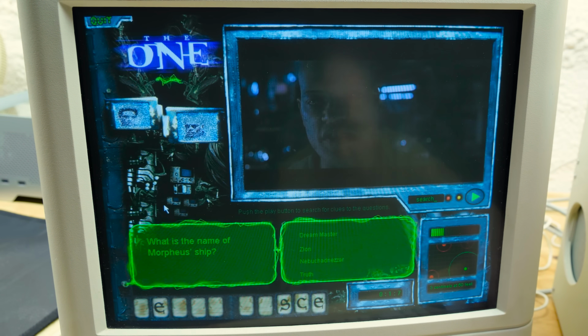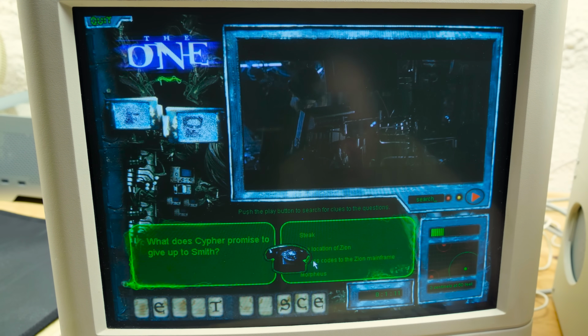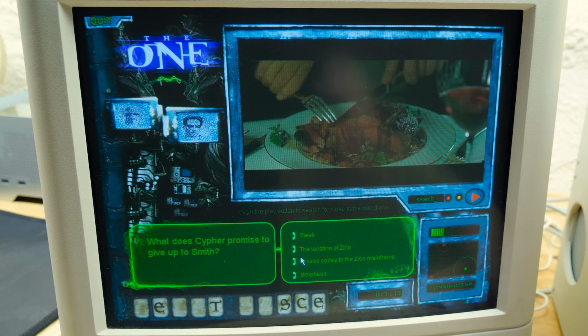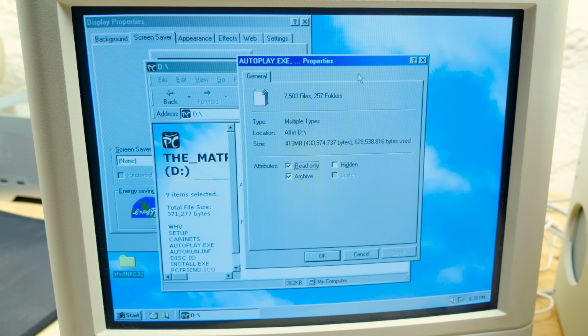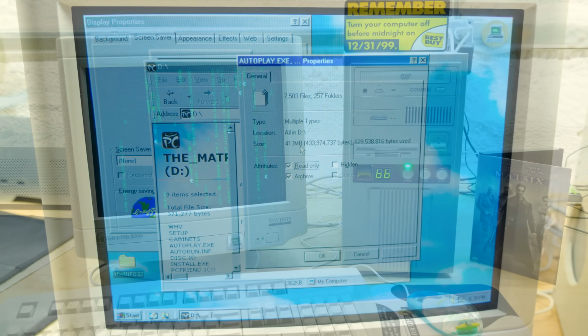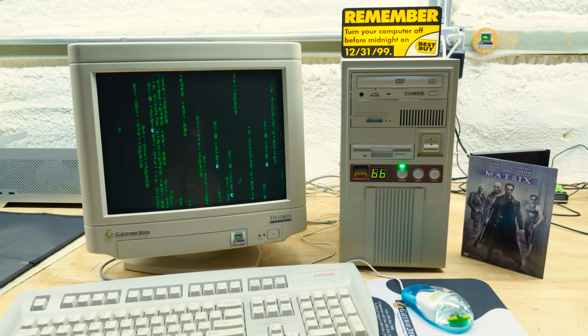It was just a bunch of trivia. Just watch scenes from the movie or try to answer them from memory by finding the little hidden telephones in the background and then answering that way, and hey, look, turns out I'm the one. Who knew? Anyway, 413 megabytes of stuff is accessible on this disc only on a computer. It's awesome. One of the best DVD feature sets for one of the best movies ever made.